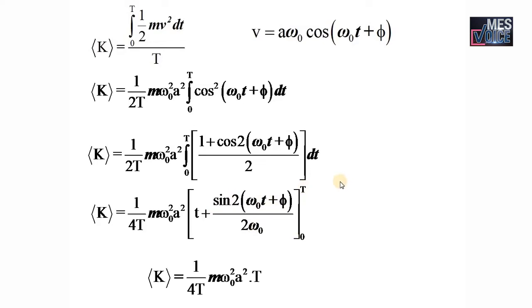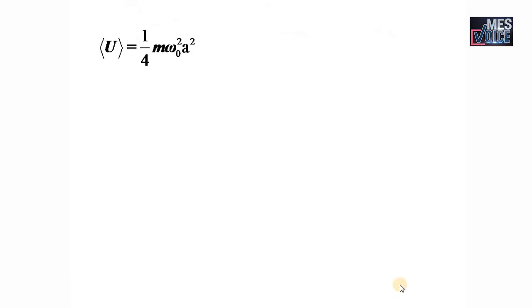So when we do that, only the first term will exist; the second term will obviously get 0 because of the obvious mathematical reason already mentioned. So you have a t here. The net result is that this bracketed term will simply give you a capital T here. T cancels, so you get the average value of kinetic energy, that is again 1/4 m ω0² A², which is identical to the potential energy expression.